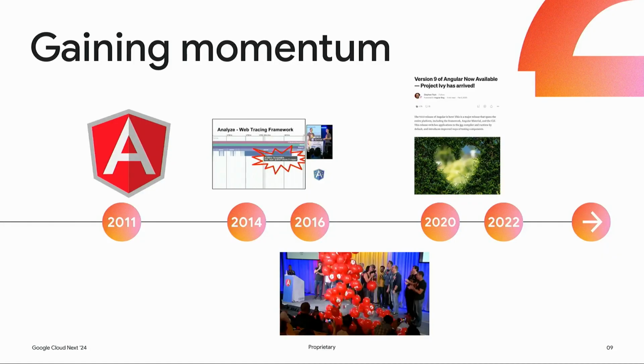So Angular first launched in 2011 as AngularJS, the current Angular's predecessor. It took 3 years for us to come up with maybe a new version of Angular and what that might be. And from the launch of Angular 2 until now, each incremental step that you could call a major change in the web platform has slowly gotten closer together, right? So we rewrote our rendering engine to Ivy in 2020. In 2022, we launched the start of a new reactivity system. And since then,